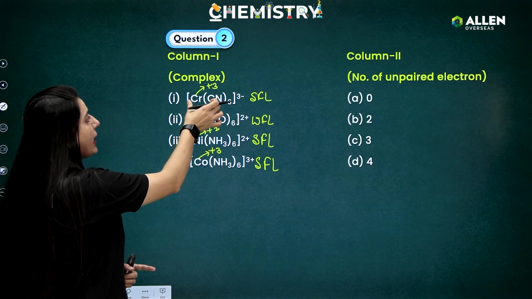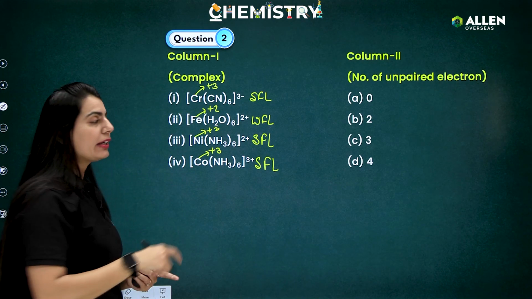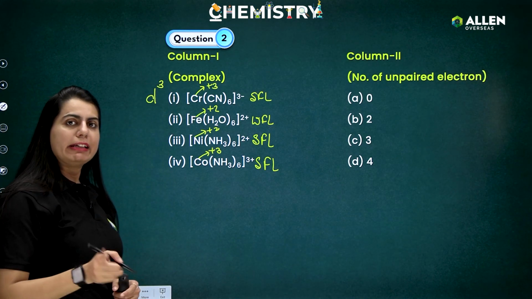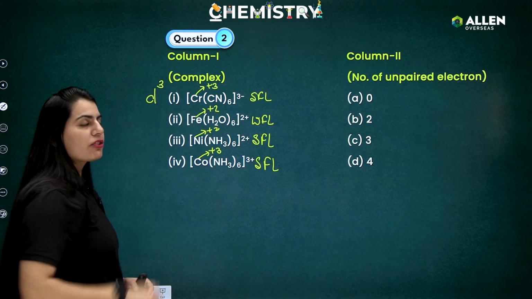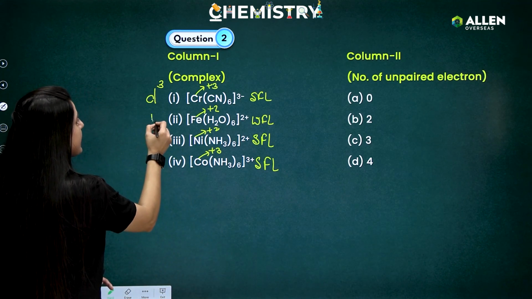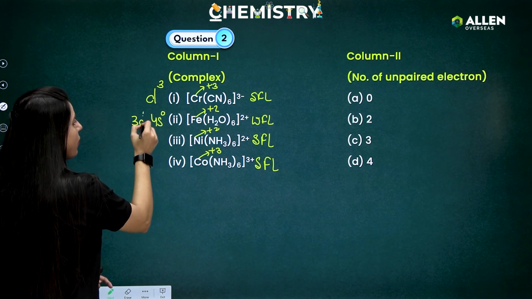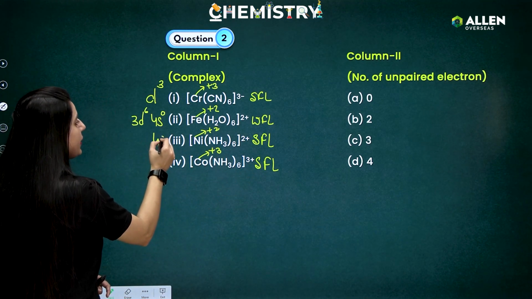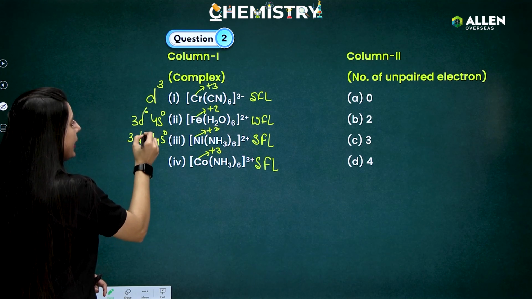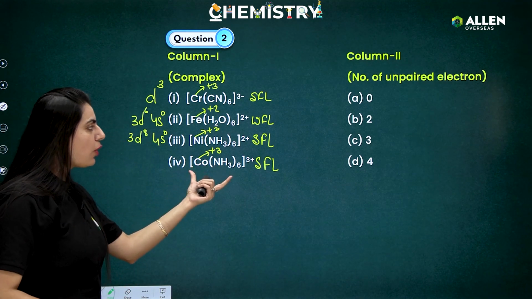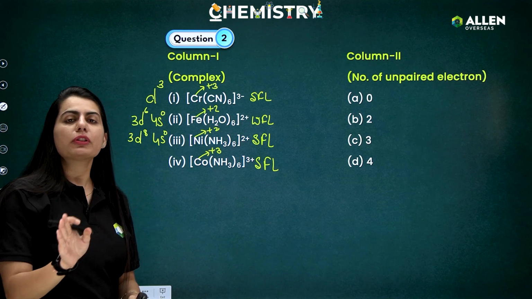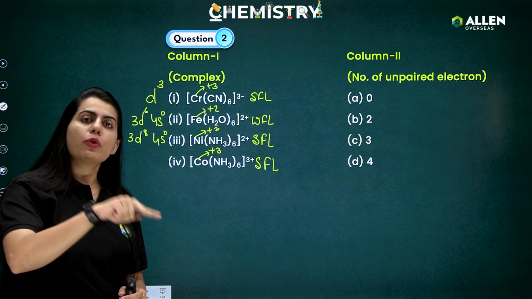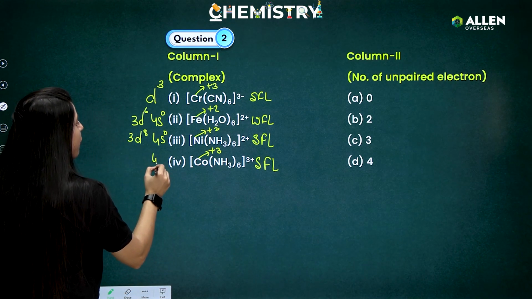Now, here you can see that chromium is in +3, and in +3 it will be a d3 configuration, 3d3. If I talk about iron +2, it will be 4s0, 3d6 configuration. If I talk about nickel +2, it will be 4s0 and 3d8 configuration. And if I talk about cobalt +3, you know that cobalt in general has 4s2 3d7 configuration. If I remove these 3 electrons, I'll get 4s0,